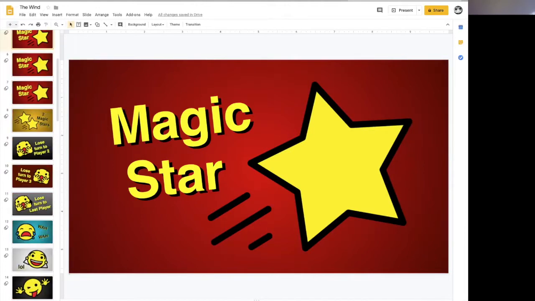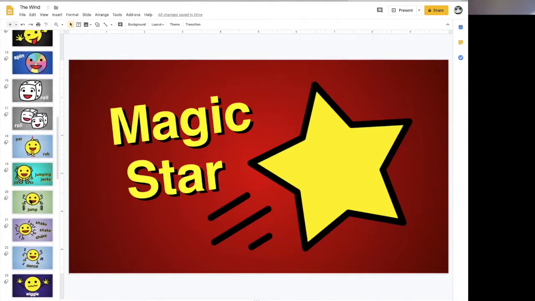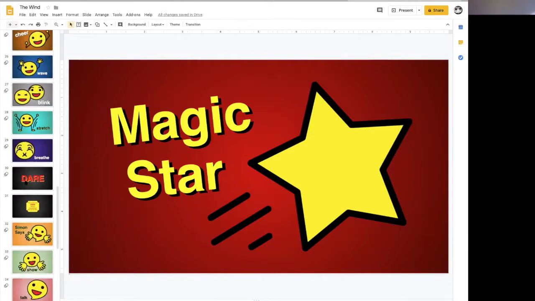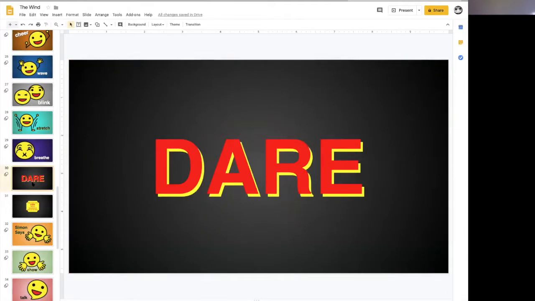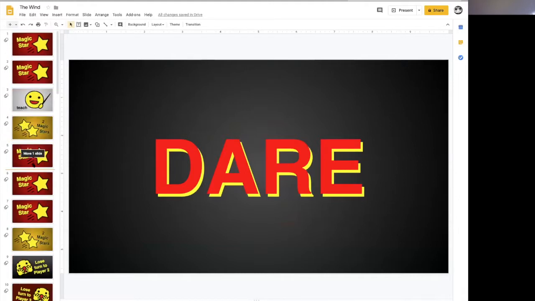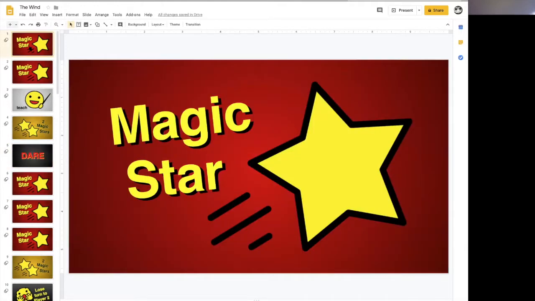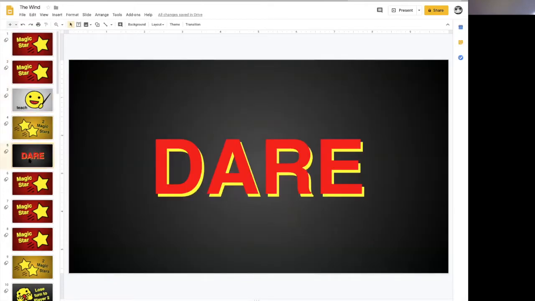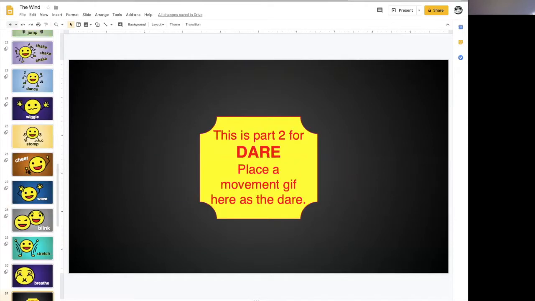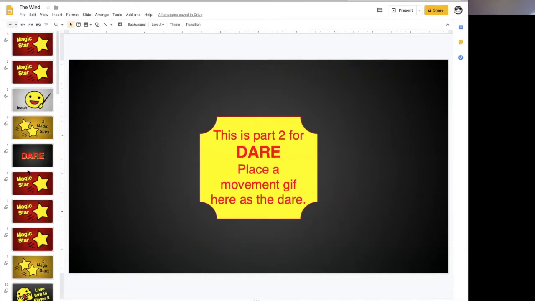I like to put movement there. So let's find a movement for level 4 that is appropriate. I've been having trouble getting them to move. So I developed this. So we're going to put dare in here. We're going to leave out the actual dare for now, just so that we don't mix up our count. Okay, so warm up, 1, 2, 3, 4 vocabulary words. So now I have a movement at the end of vocabulary. We'll add the second slide with the actual GIF after I've finished setting up all the prizes for the 11